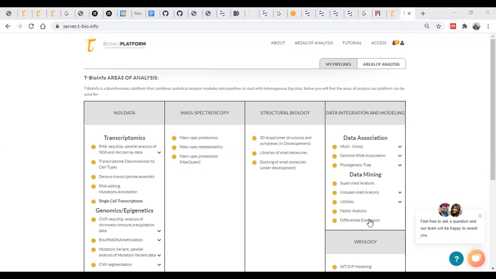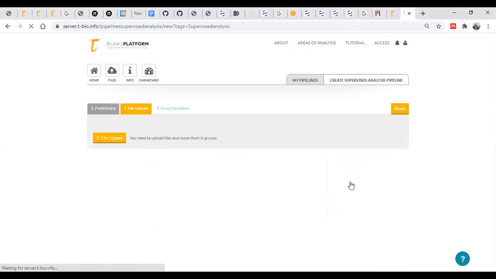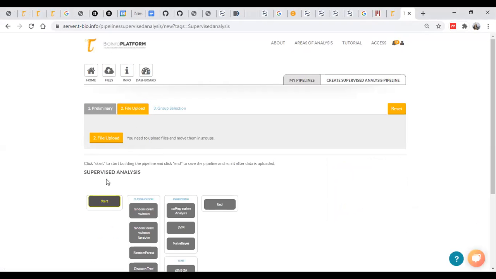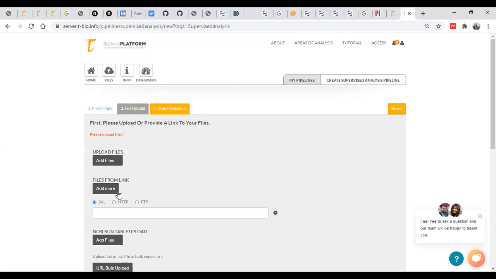So here, if you go to the data mining section, okay, so no issues. It's okay, Bharat. So under the data mining option, here is the first module, that is supervised analysis. If you click on this, then we will be directed to this interface, where the first option that we are getting is file upload. Here we have to provide the files. So when we have to upload these files,